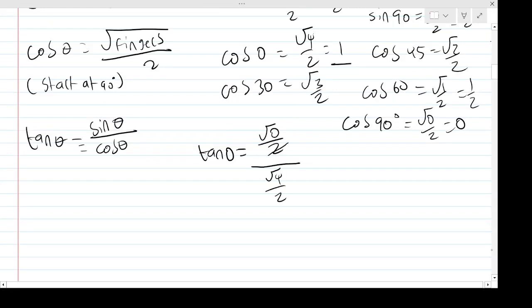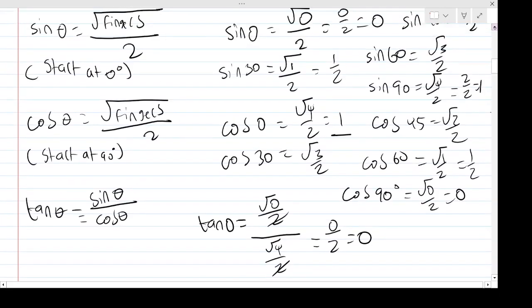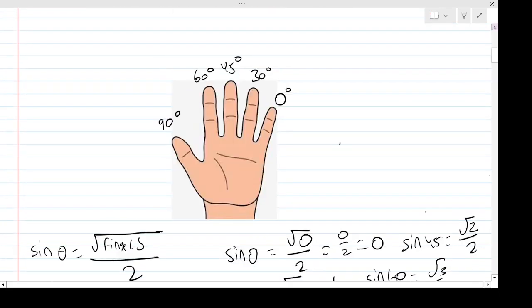Now, actually, these 2's cancel here, so we get root 0 over root 4. That's 0 over 2, which is just 0, okay? So tan 0 is 0, cool. Then tan 30,